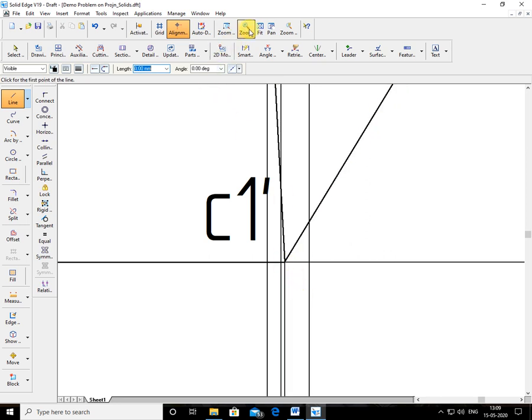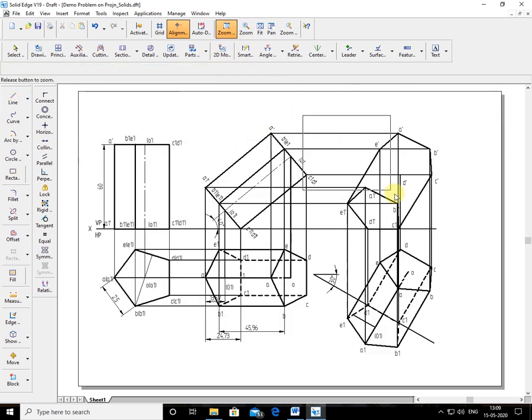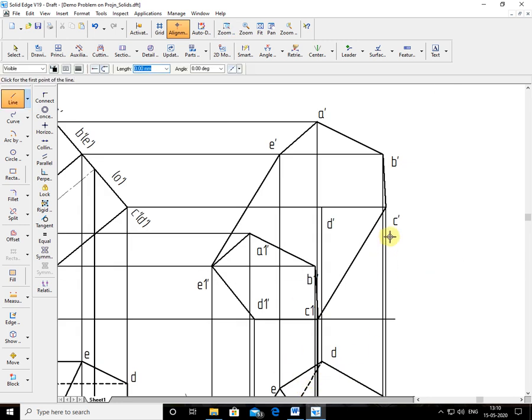D dash. Now if you observe here, D is very near to the observer. You can see there, here. That's why the D corner is not seen. When the D corner is not seen, it means the lines going from this corner are all hidden. All are hidden. How many lines are going from this D dash? 3 lines. 2 shorter edges, 1 longer edge.